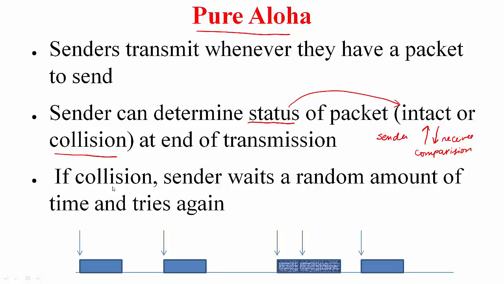Now in Pure Aloha, if it detected such a collision, all the sender does is wait a random amount of time and try again. So for example here, it came, it sent, there was no collision, some other packet came, it got sent. Here when it sent a packet, another packet came and they both collided. So this is a collision that is being represented like this. Then after some time, let's say this is the collided packet, after some time it is again going to retransmit the packet, and this time is random. As you can see, this is a very simple protocol.